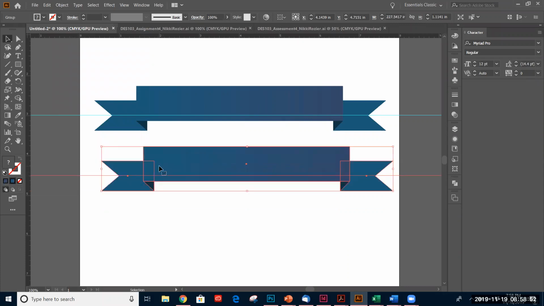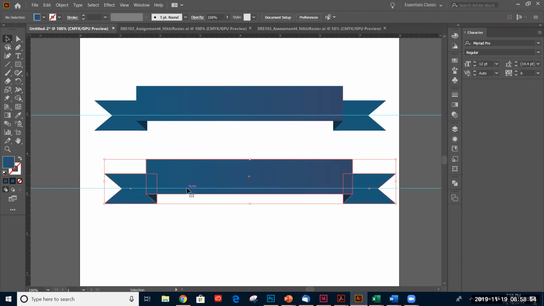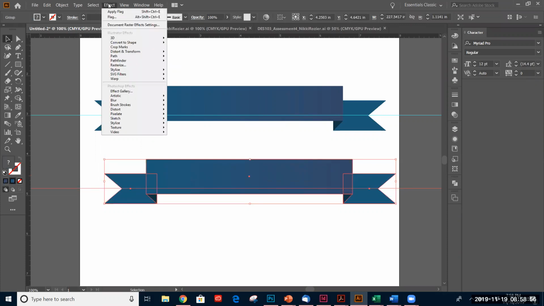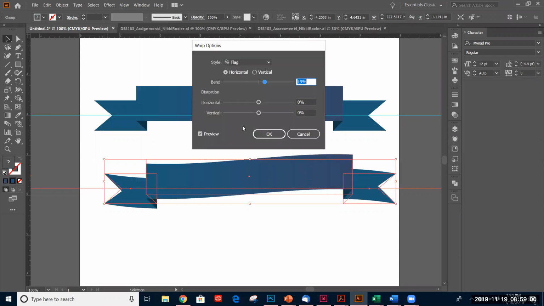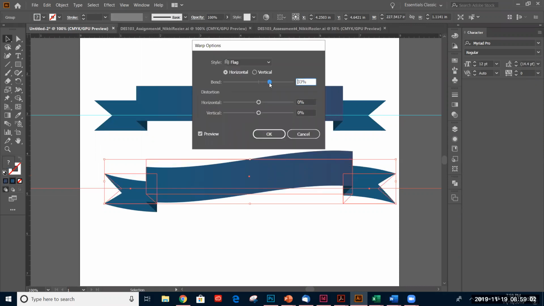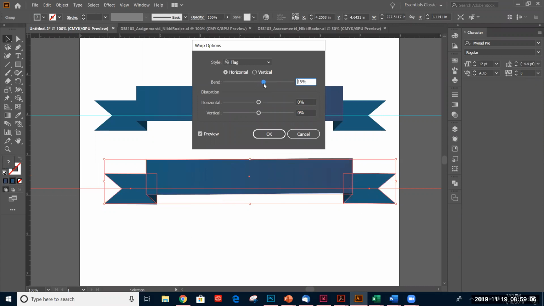And make sure it grouped it. And it did group it. I want to see something really quick before I go back into my warp. You group the object. Okay, so to get a smoother flag, you want to go to Object and Group